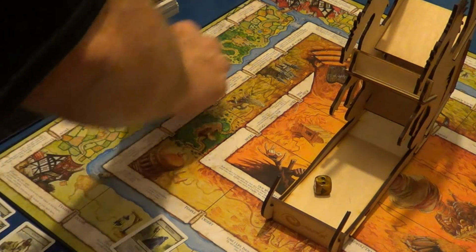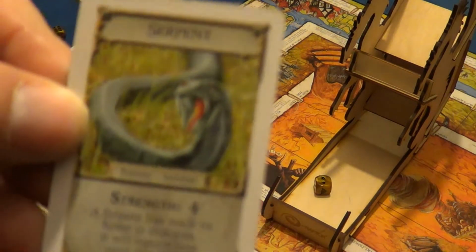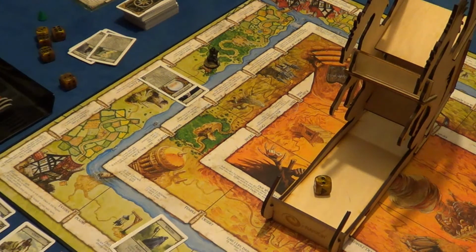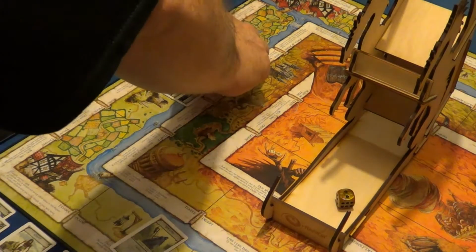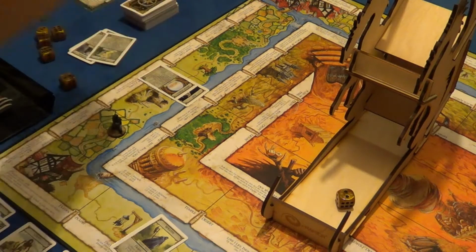I'm not going that way. I will go back that way. Draw a card. We have a Serpent with a strength of 4. I've beat it. I have 1 more to go and then we've completed this. 2. 1, 2. Fingers crossed it's a...